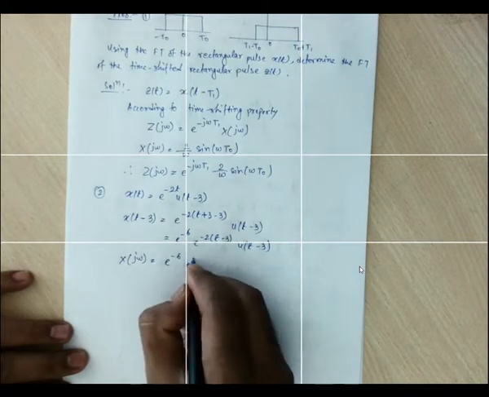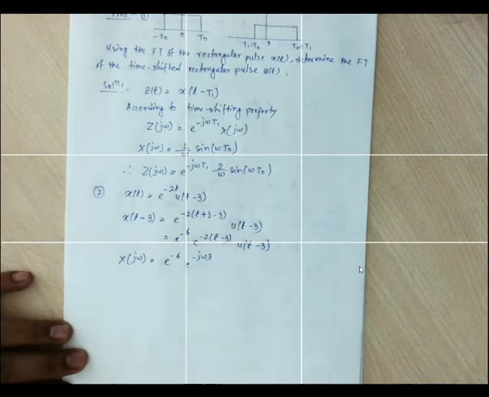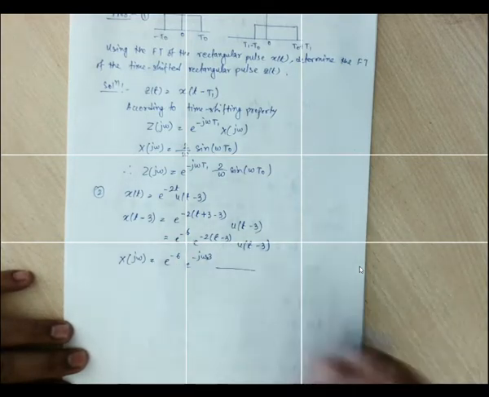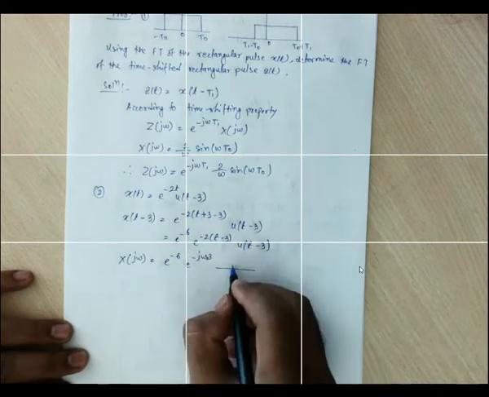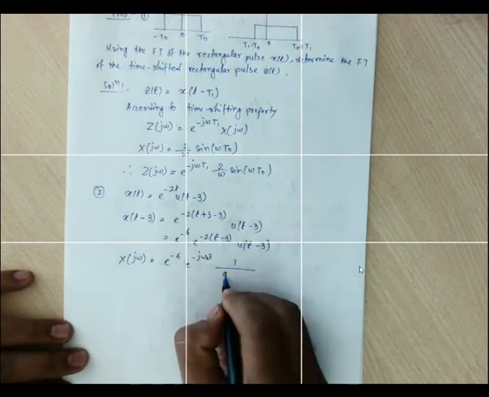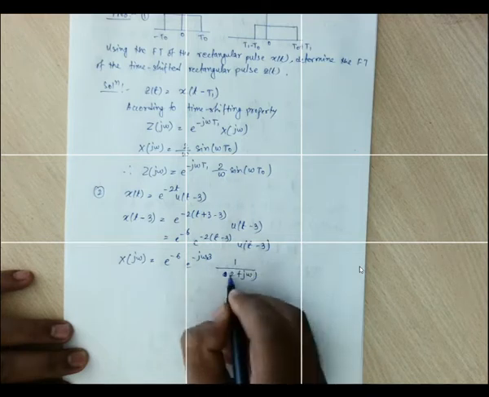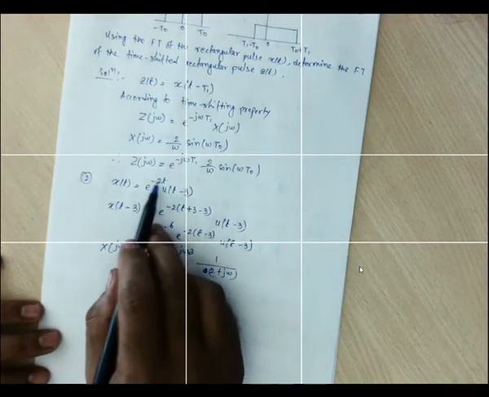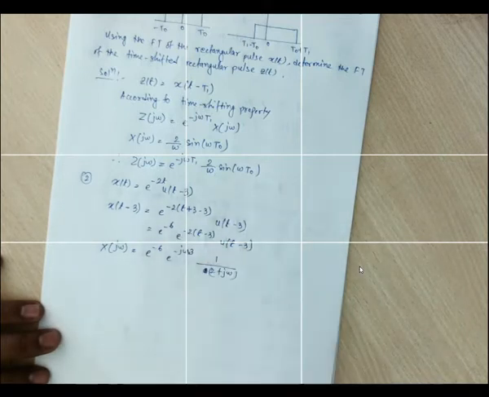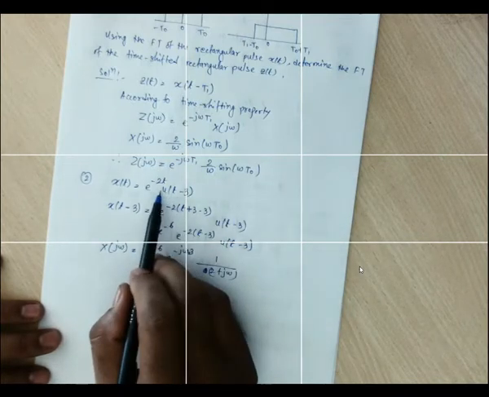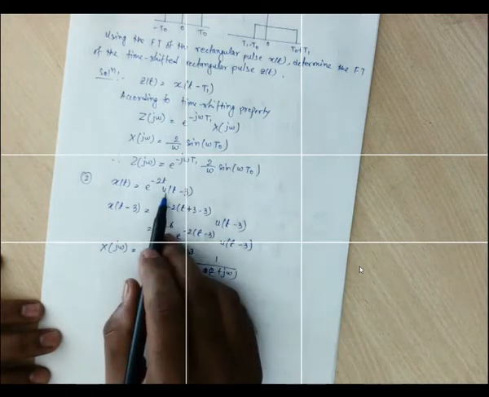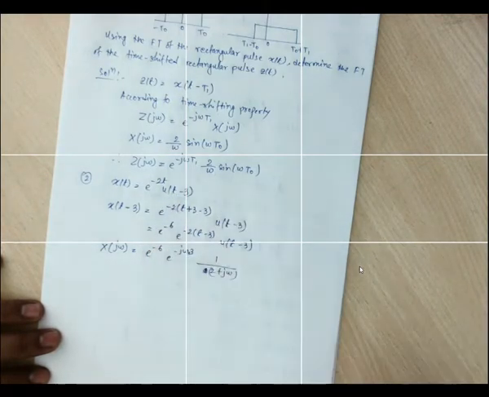So we are supposed to have minus j omega 3, and the Fourier transform of this signal, that is e to the power minus at, is 1 by a plus j omega, here a is 2, so 2 plus j omega. Just try to understand what we did. Our signal is given with this exponential part at t is equal to 0, but originally the whole signal should be shifted to t is equal to 3, because this is the step signal which has started at 3, right?